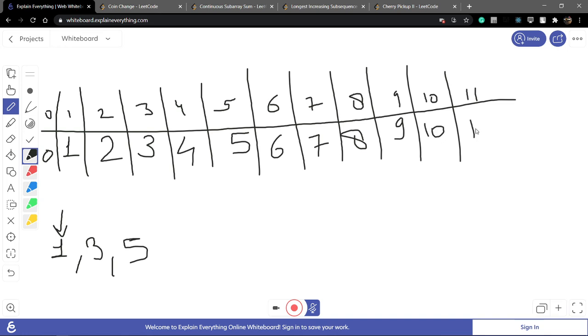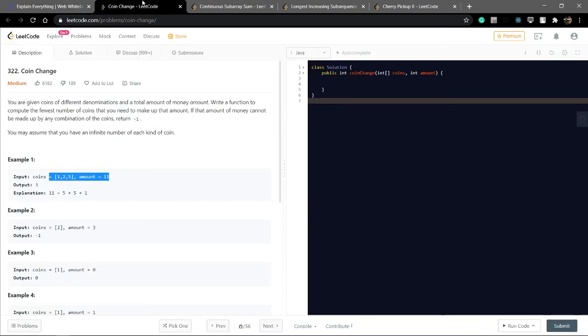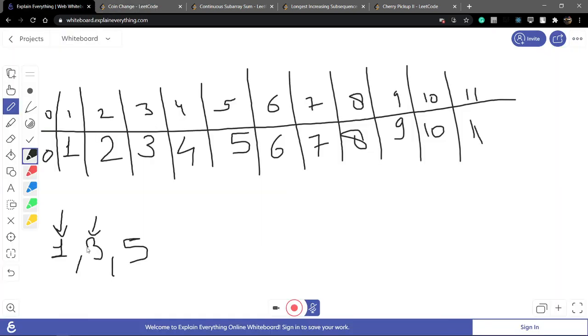Yes or no? Now the next coin is 3. Sorry, 1 to 5. The question is 1 to 5. So I take only 1 to 5, not changing 1 to 5. So I start from 2, because they have no need to take money from 0 or 1. So 2 minus 2. What is the value? 0. 0 plus 1 is 1. So 1 comma 2, which is minimum? 1. Update the value to 1.